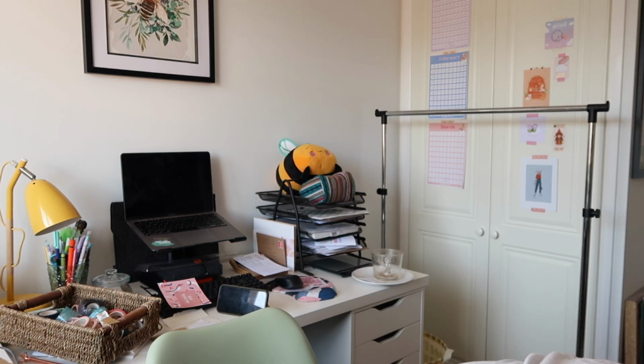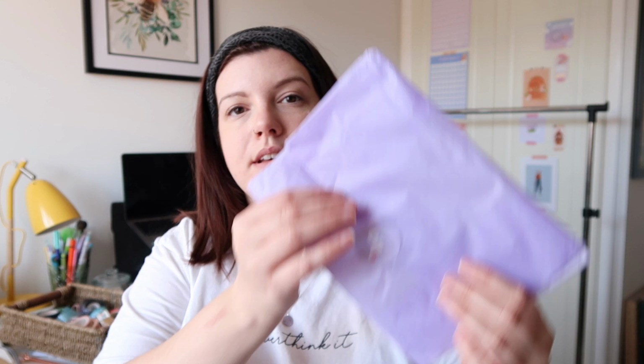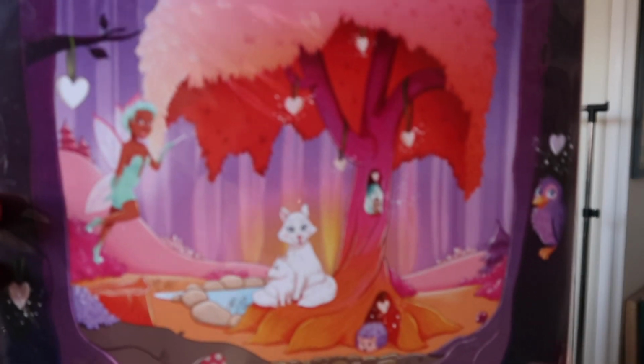But I have unpackaged this one. I've kept the paper and stuff to put in the scrapbook. So this is her Patreon goodie box, which is the highest tier that she does. I've never had one before, so I think the next one's Mary Poppins theme, so I might go upgrade to that one again. But you get this print,